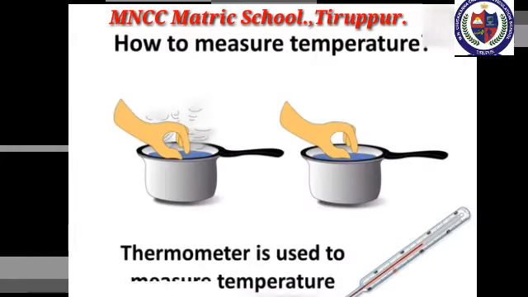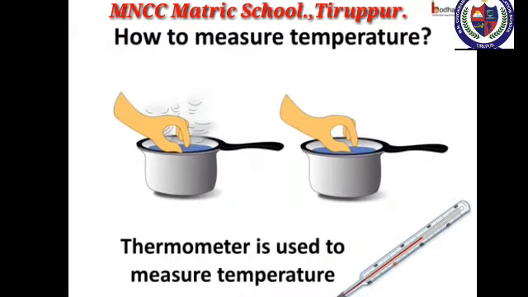Next, we move to how to measure temperature. When we touch an object, we can say whether it is hot or cold. The sense of touch can estimate the temperature, but we cannot rely on touch for the right measurement of temperature. Besides, we shouldn't touch things which are very hot like boiling water, hence, you may get burned. There is an instrument to measure the temperature accurately, which is the thermometer.